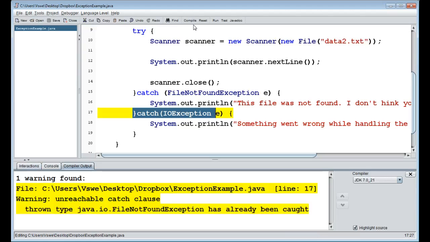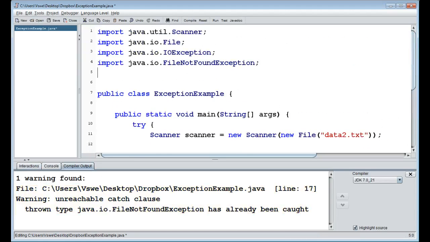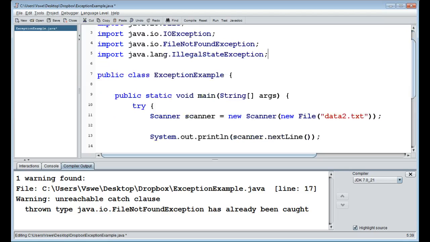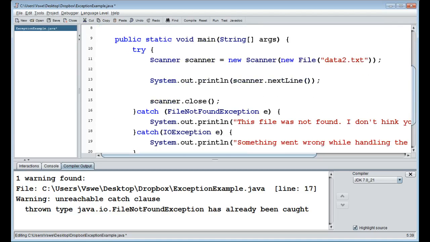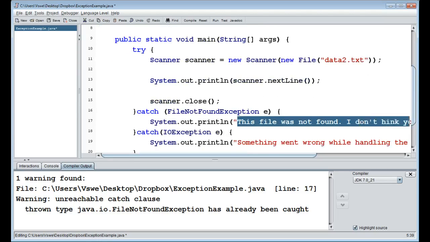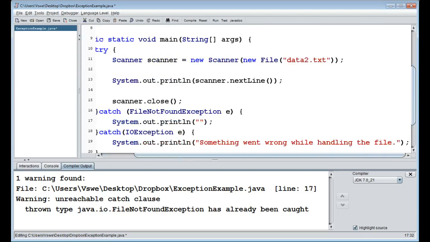So I'm going to, oops, I didn't mean to hit compile. I'm going to scroll up here and import another exception here, java.lang for language, I guess, .IllegalStateException. So that means that we're trying to do something when something is in the wrong state. It doesn't have anything to do with a person being in the wrong state in a counter or anything. But if we want to do that, we want to just print out